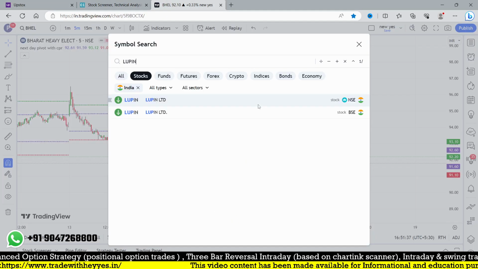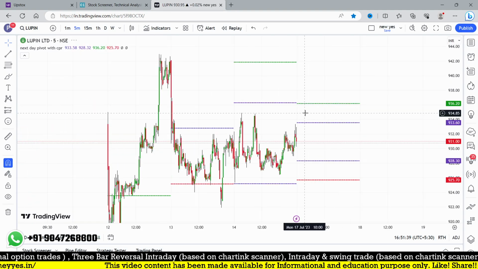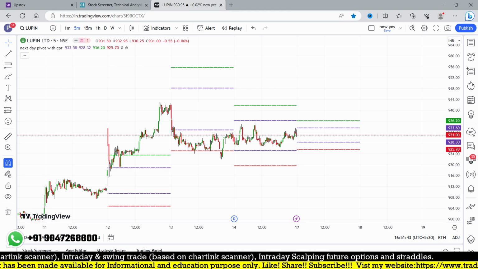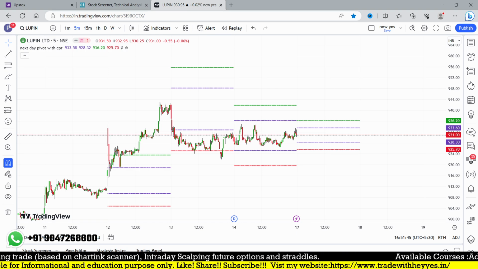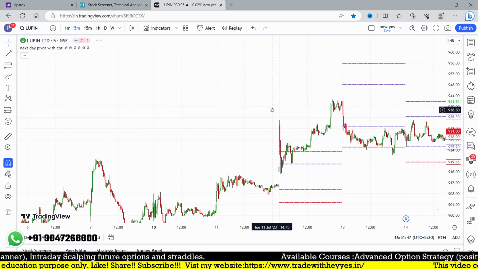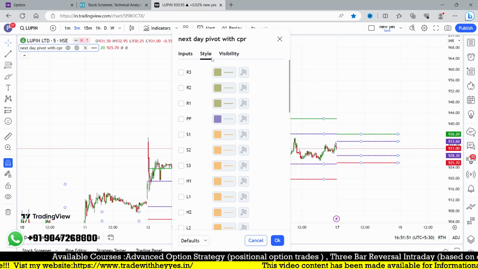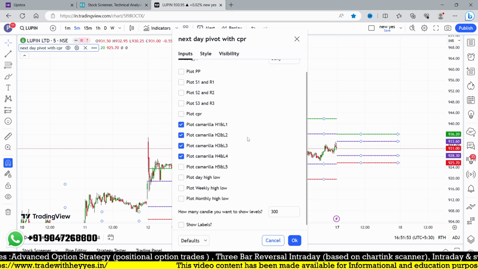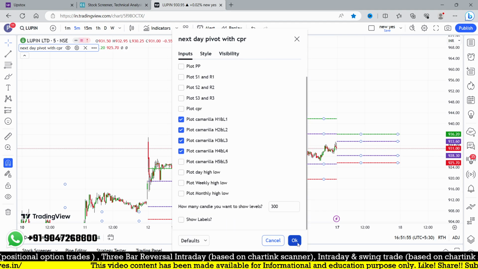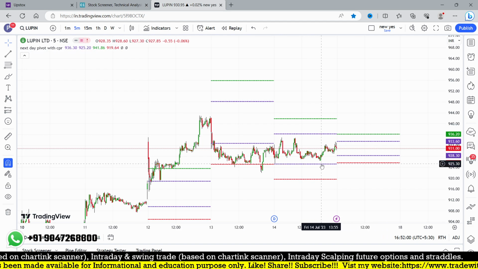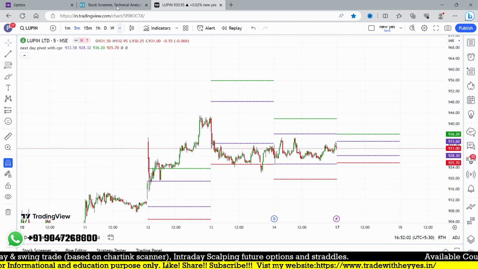So Lupin is one more stock which we found exactly in between the levels. If I want to go for 936, 925 is my risk. Okay, so here what is happening? Previous data is not available. So let me check how many days back the data goes. I think maybe we are going to get tomorrow's Camarilla. It's good enough. So the stock which we filtered, 936.2 should be the breakout, and 925 should be